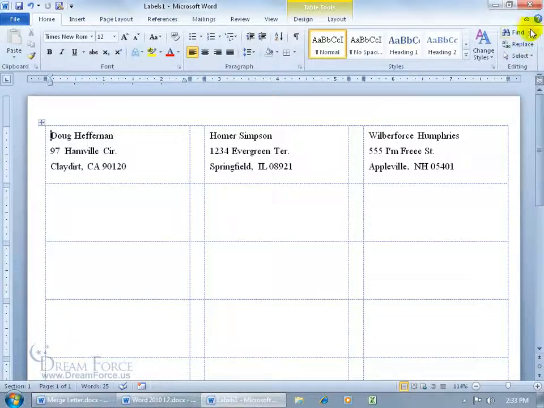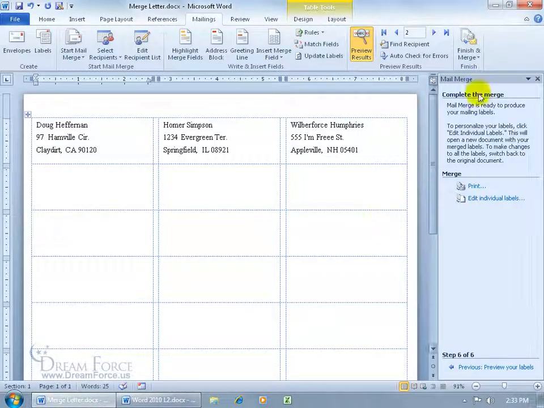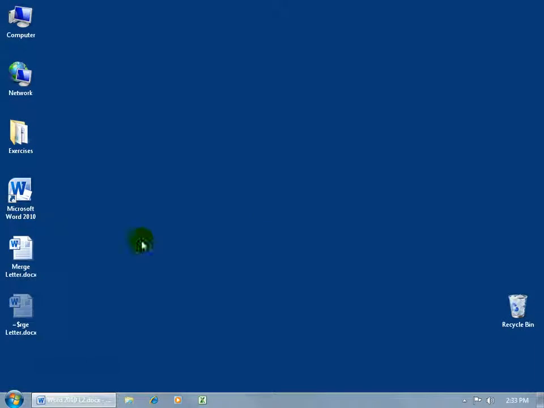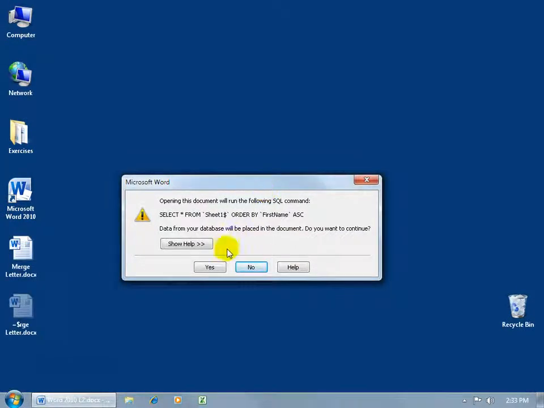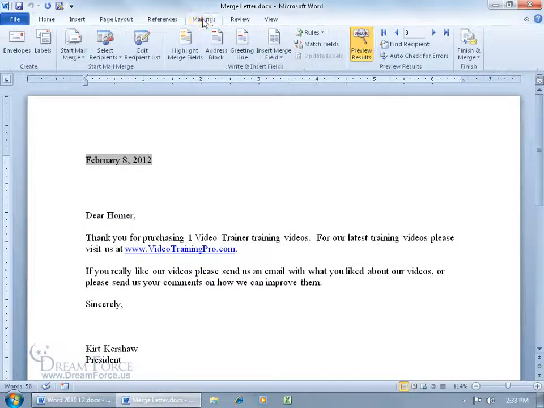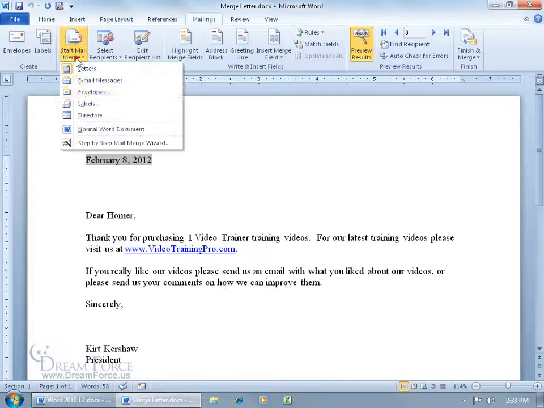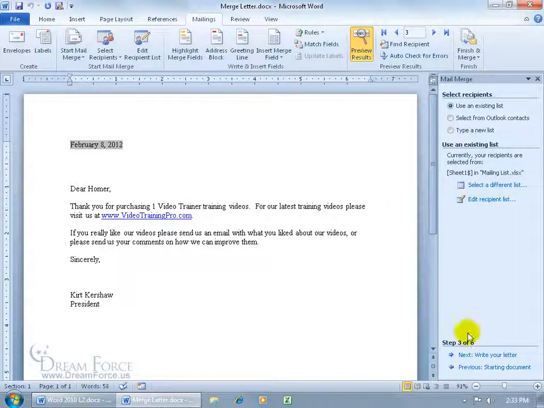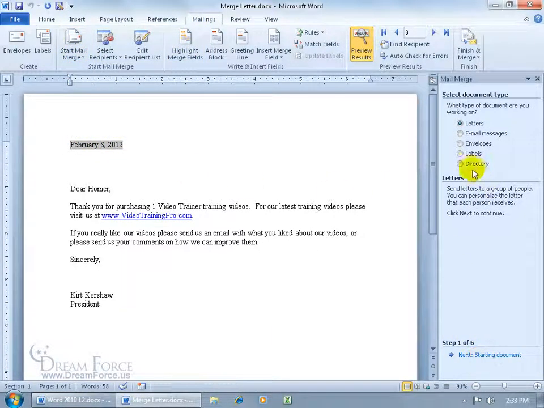Okay, let's go ahead and close out of here and don't save it. I'm going to close out of here, not save it, and reopen this document again and say yes, I do want to connect it to the database. Click yes, and let's go over the mailings to the Start Mail Merge step by step, and let's go back to step 1. Because the last one that I want to cover is